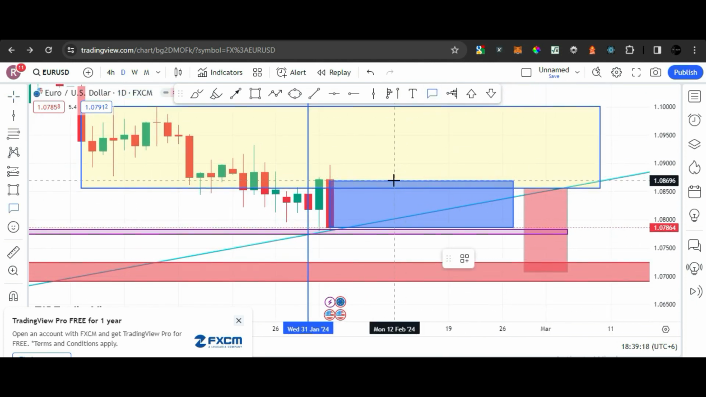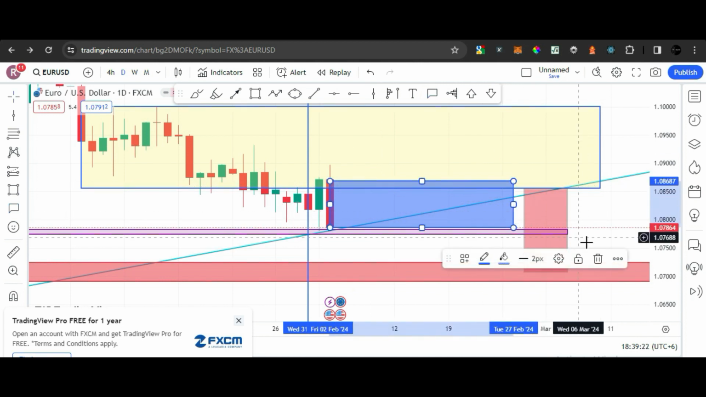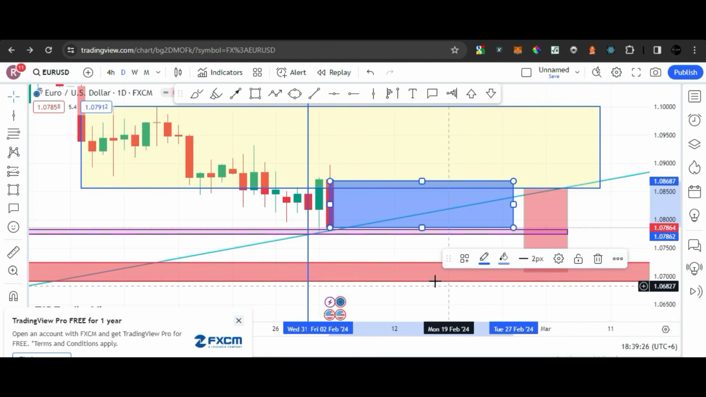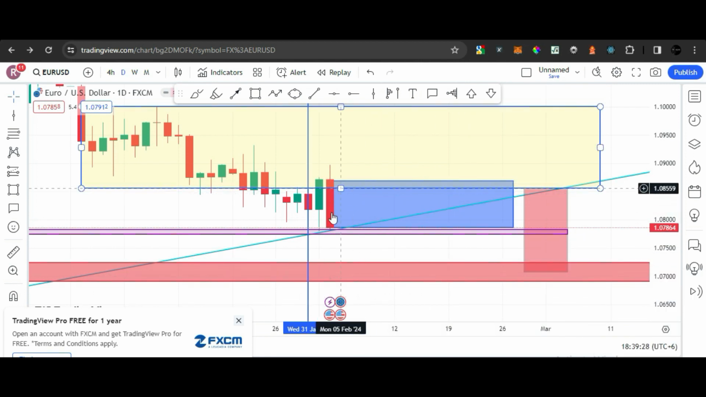So the thing I will do, let me put it back on the back side. Visualization is looking odd. Send back. Now it is better. I can see the candlestick properly. So I will take the trade somewhere here, and